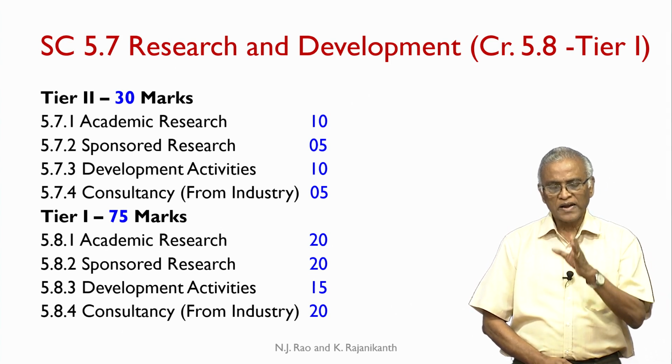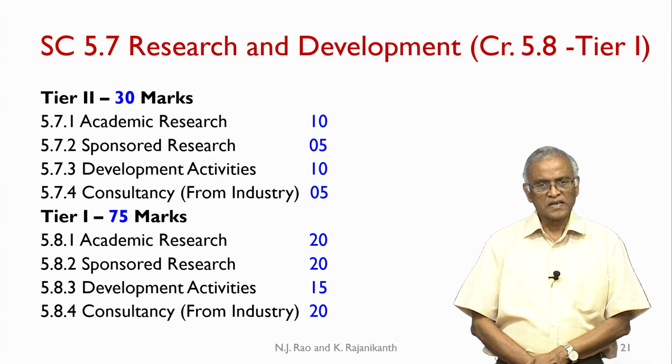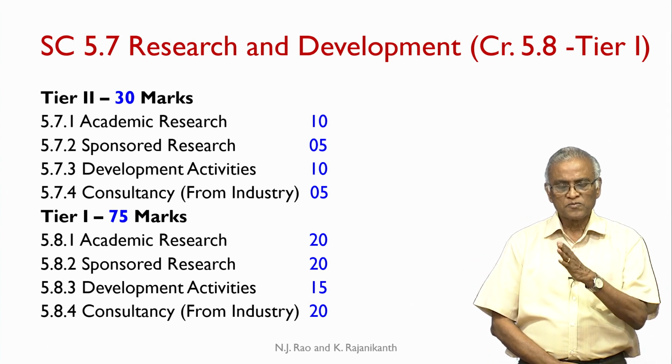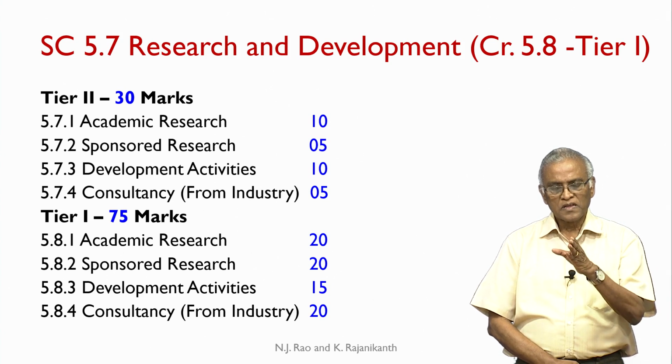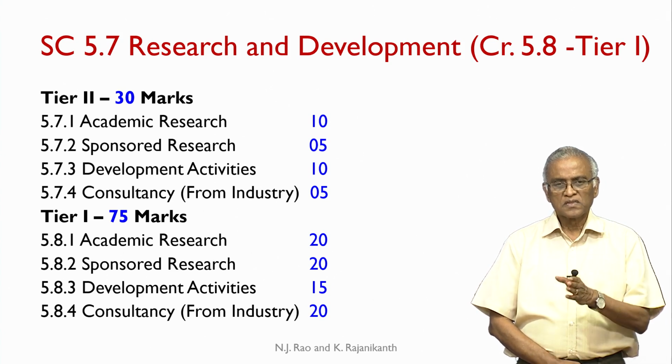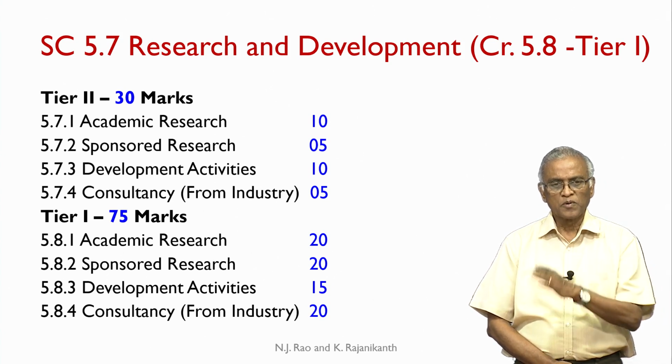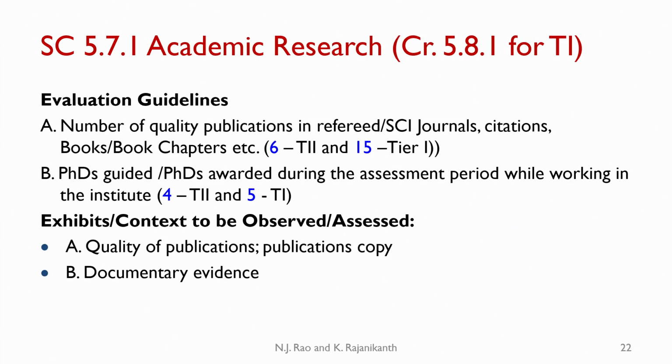So, you have 4 categories under the R&D. So, the marks distribution is like that. As you can see, in case of tier 1, these carry a lot more marks. Now, academic research is measured in number of quality publications in refereed journals, citations, books and book chapters and so on, and